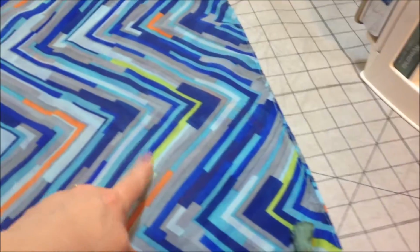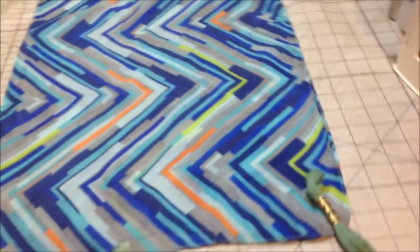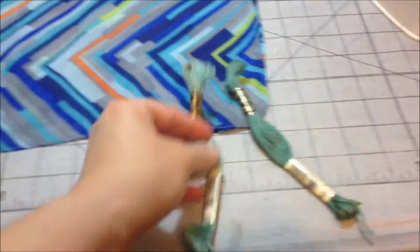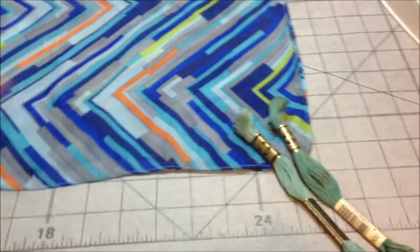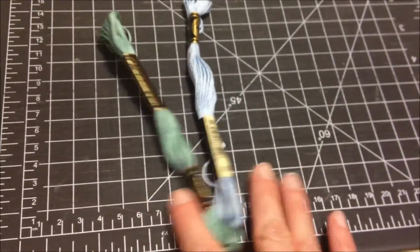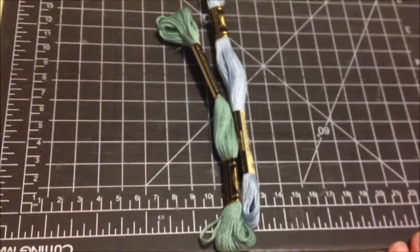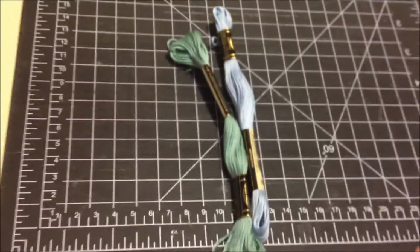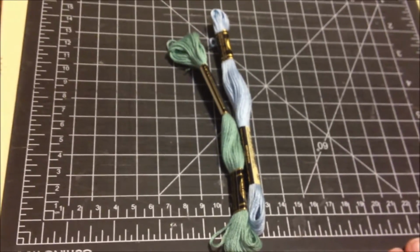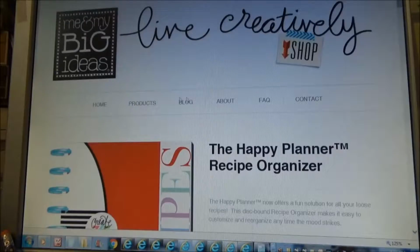I kind of wish I had some lime green and dark orange. That might look pretty neat. But I don't know, I'm going to turn the camera off and narrow it down some more and then attempt to make some tassels. Decided to mix these two skeins together because I couldn't decide on the color and I'm worried I won't have enough for 4 little tassels. So I'm going to mix them together. So I've picked a color, and